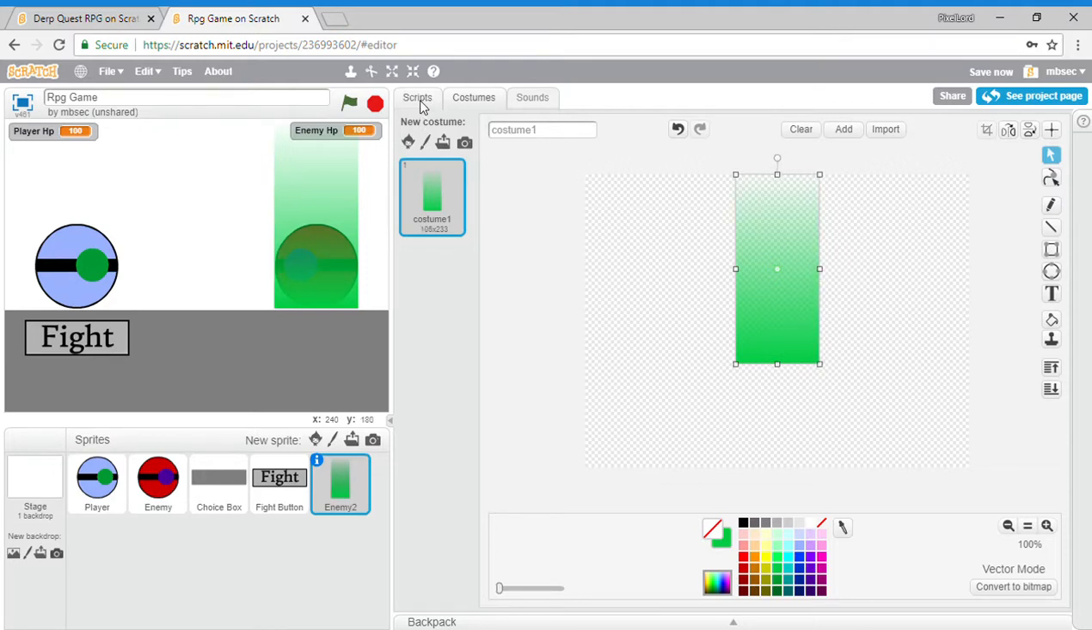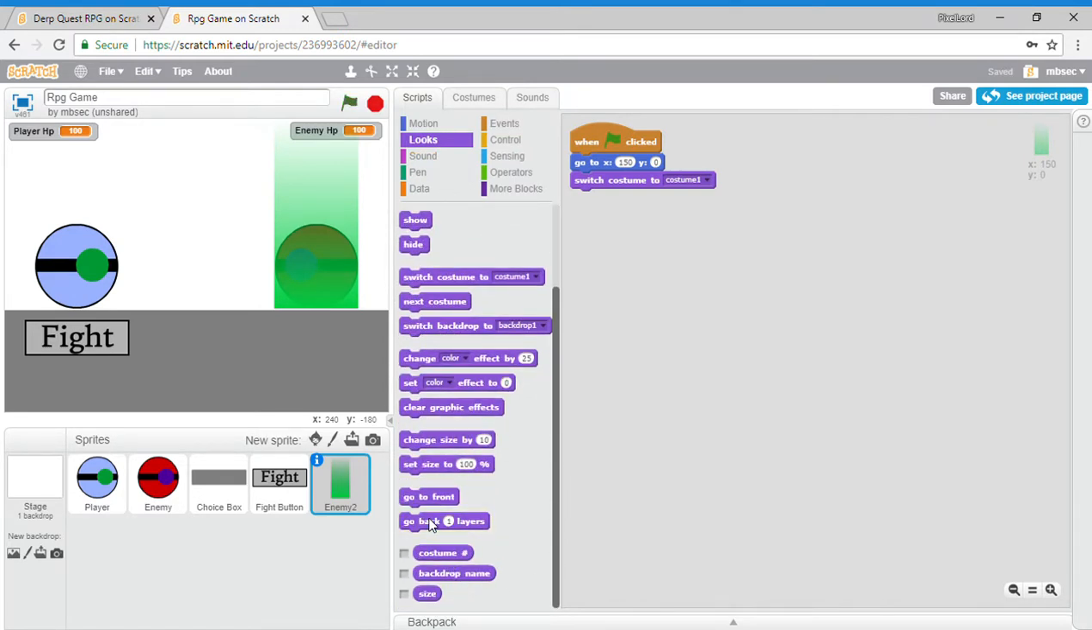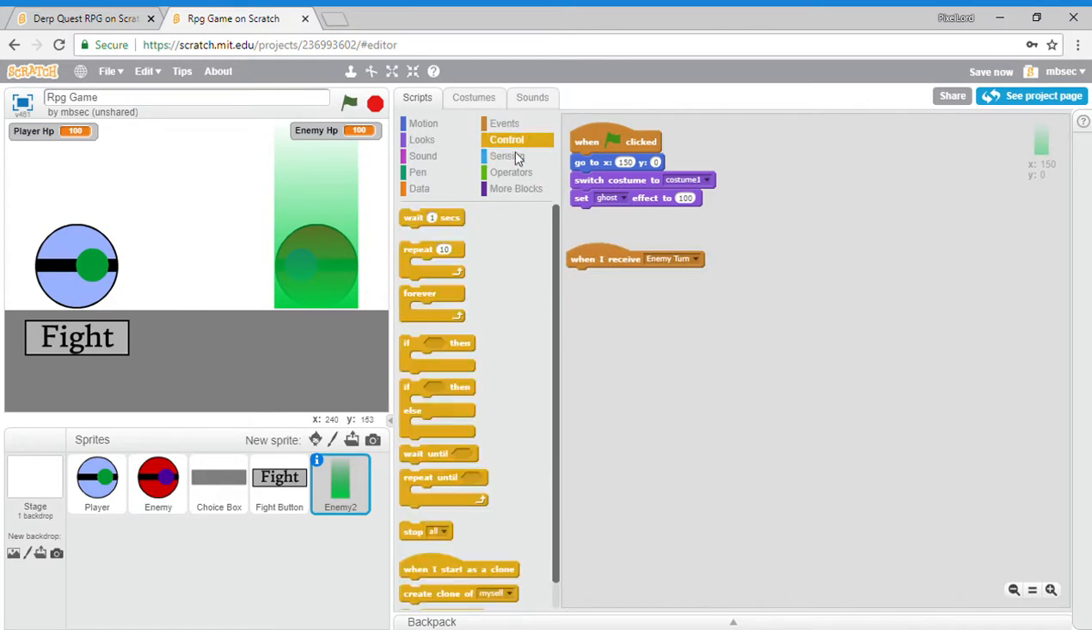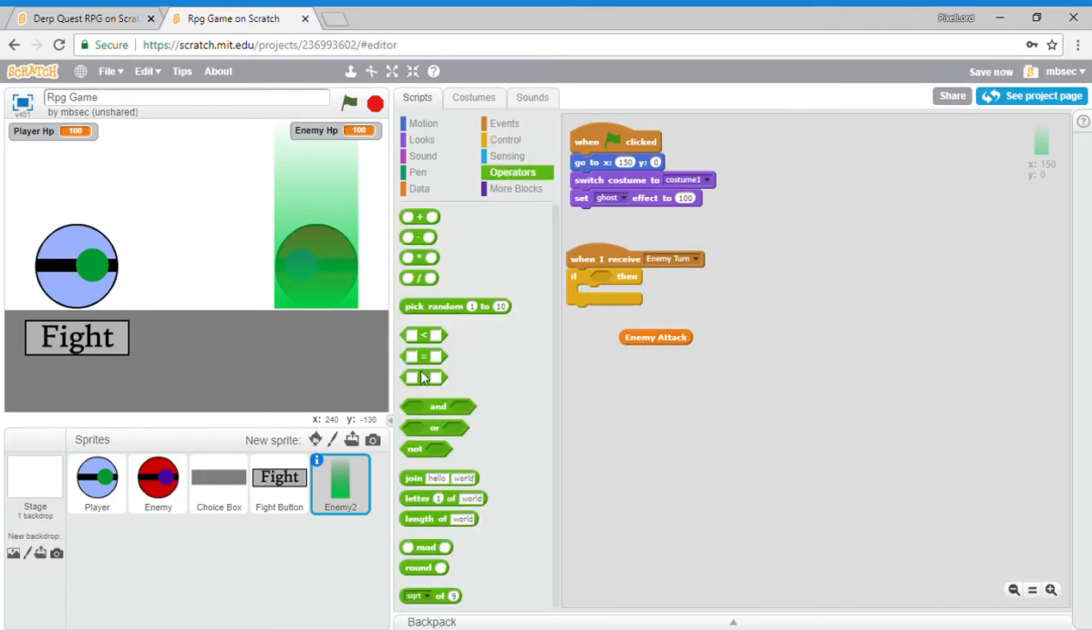Okay, so then let's just say go back. Okay, so make it hide. Actually, no, don't make it hide. Make it looks set ghost. Set ghost to 100. And then when I receive enemy turn, if enemy attack equals 2,